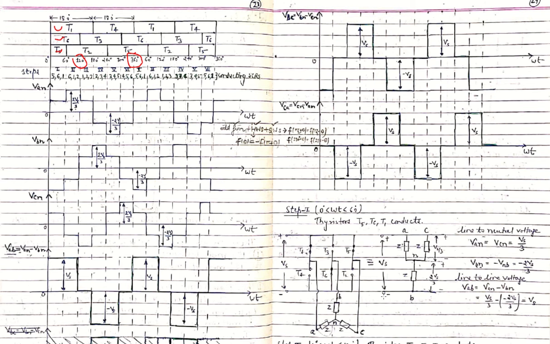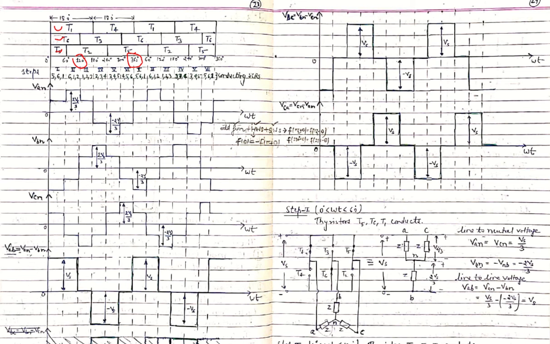Now we will calculate how the input supply voltage Vs is distributed across these impedances. Simply, we will calculate the equivalent impedance of this whole branch. These two are connected in parallel, and this parallel combination is connected in series with the impedance Z of the B phase. If we calculate the current in this loop, we will obtain the voltage across each Z. Because A and C are in parallel, Vs by 3 will be here and 2 Vs by 3 will be here.